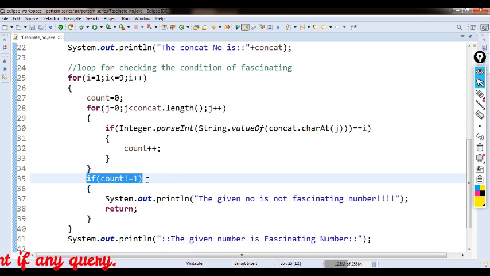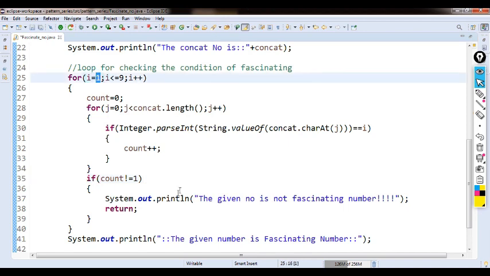When this condition is fulfilled, it means that the count value is 0 or greater than 1, which means the digit we check here, in the first iteration 1, occurs either 0 or more than 1 times, and that does not fulfill the fascinating number condition.